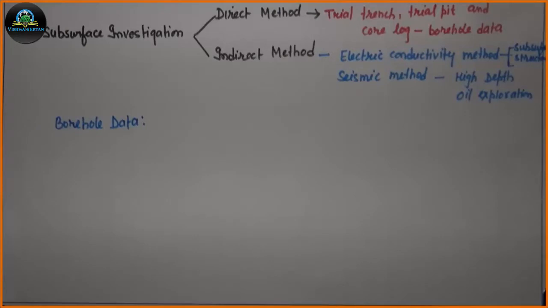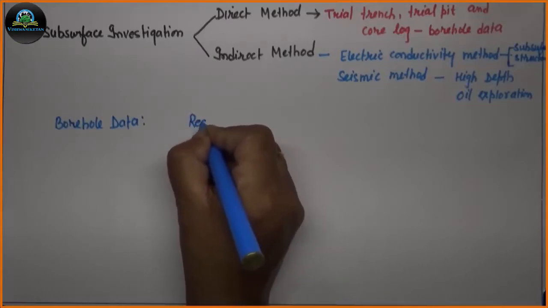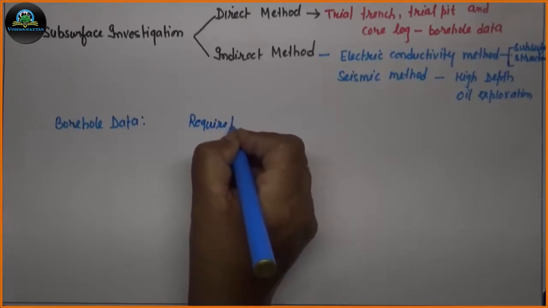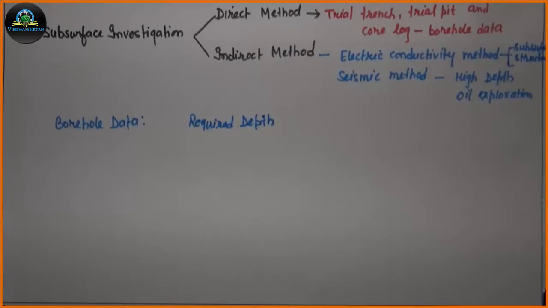A borehole into the surface of the earth is drilled up to the required depth, which means we will predetermine the depth. Using suitable techniques, soil and rock samples are obtained from the ground below. As the drilling progresses, the observed samples are summarized in the form of a chart which is commonly known as